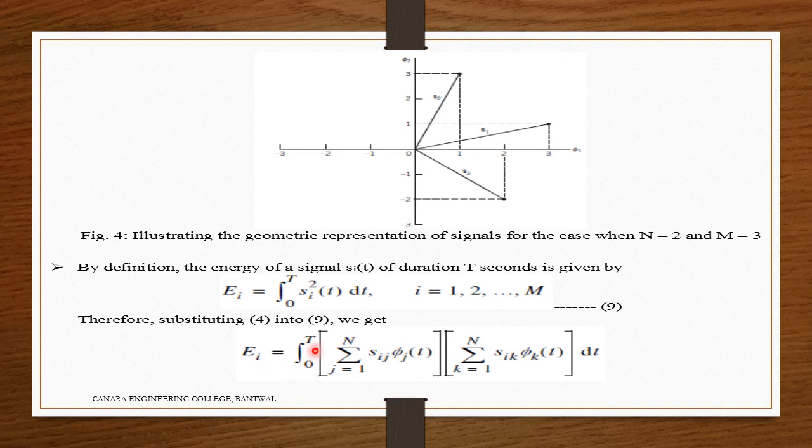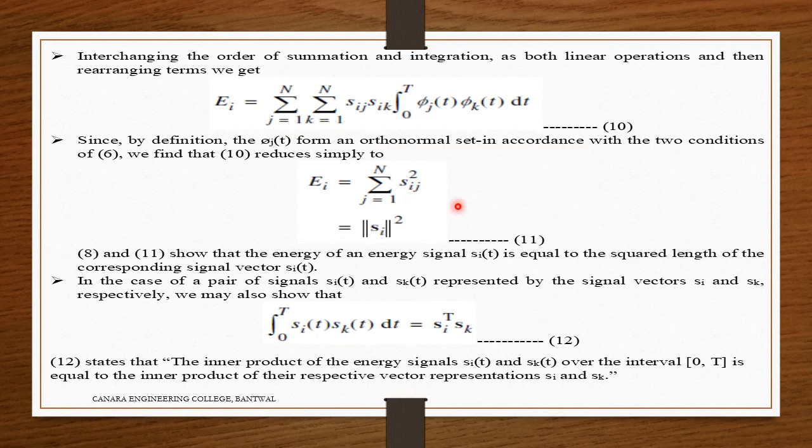from 0 to capital T of the summation of j is equal to 1 to capital N of Sij pi j of t, then again the summation of k is equal to 1 to capital N of Sik pi k of t, into dt. Interchanging the order of the summation and integration as both are linear operations and then rearranging terms, we get Ei is equal to the summation of j is equal to 1 to capital N, summation of k is equal to 1 to capital N, of Sij into Sik integrated from 0 to capital T of pi j of t into pi k of t